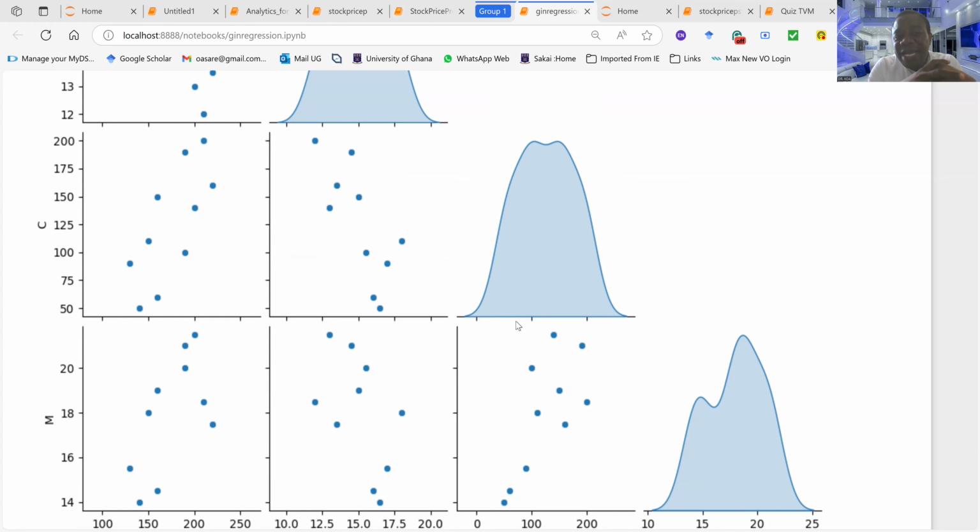Now remember, correlation, write this down. Correlation is about association. Regression is about causality. Correlation does not look at cause and effect. Regression looks at cause and effect. So regression becomes a step further than correlation, because correlation can tell you that there is an association